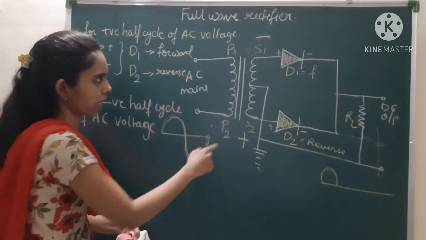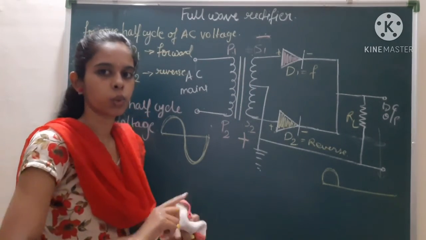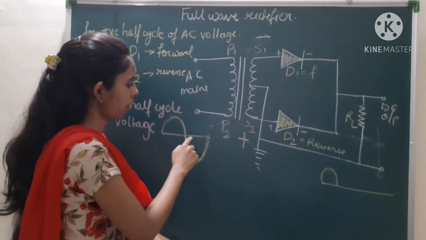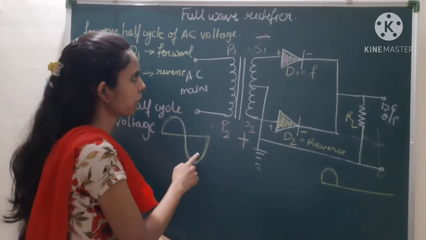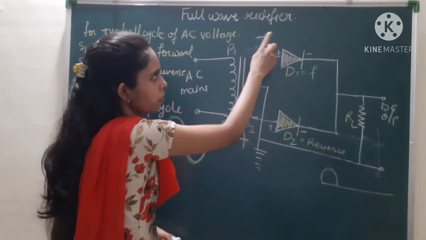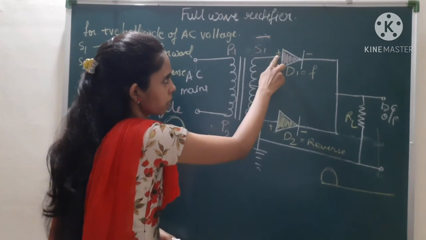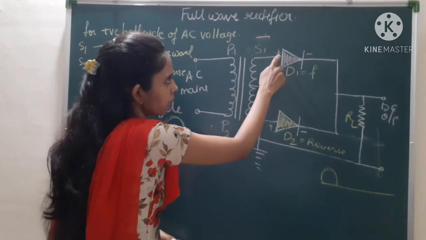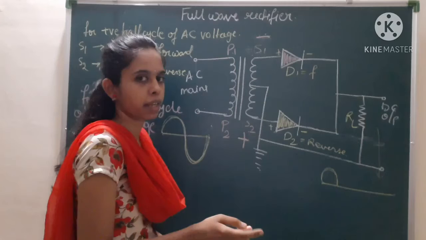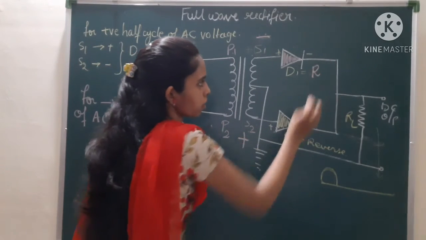So according to this cycle, these two terminals are fluctuating. Okay. So due to this AC supply, there is a positive half cycle and negative half cycle. Depending upon this, S1 and S2 are going to change. So now here it is minus and this is plus. This minus is of S1 and this plus is of this diode. Now what will happen? Minus and plus. Yes, minus and plus. This diode will work in reverse bias mode.